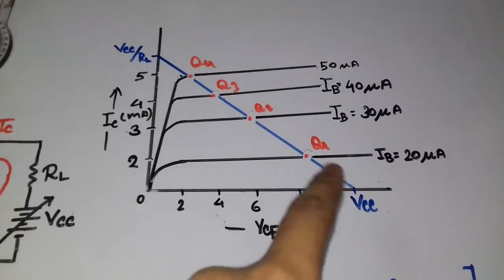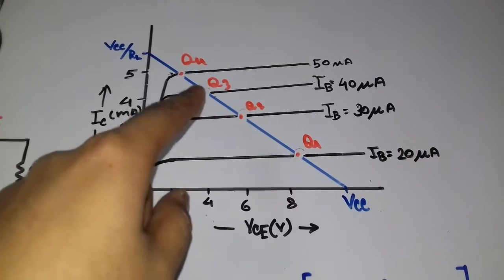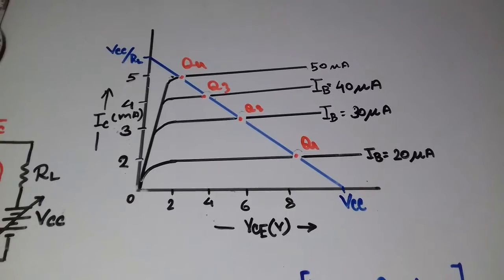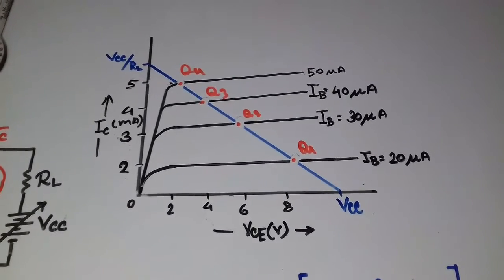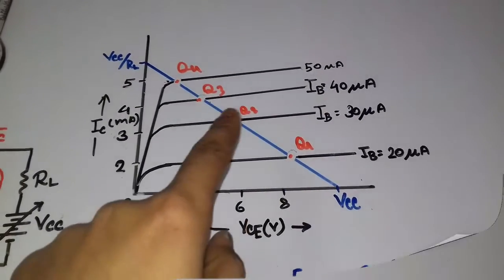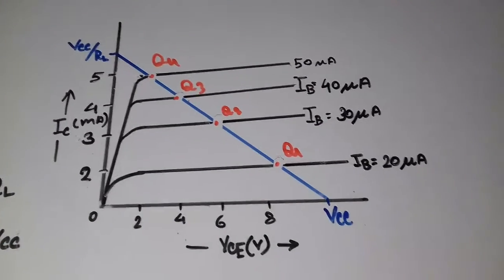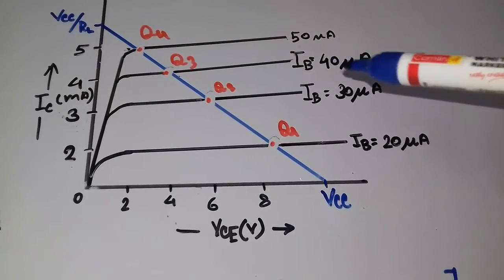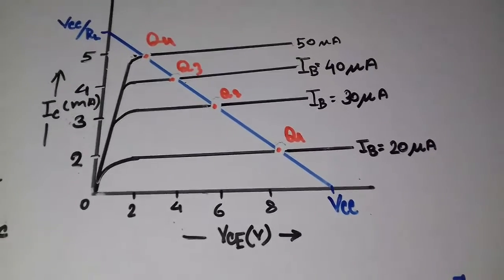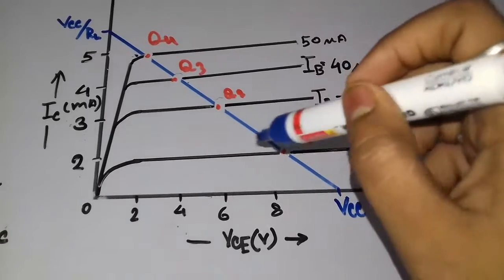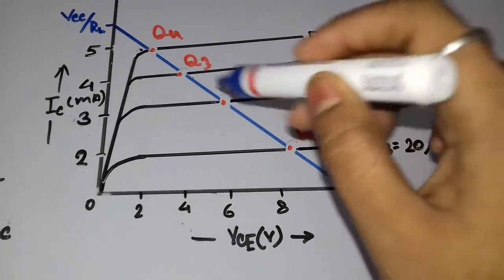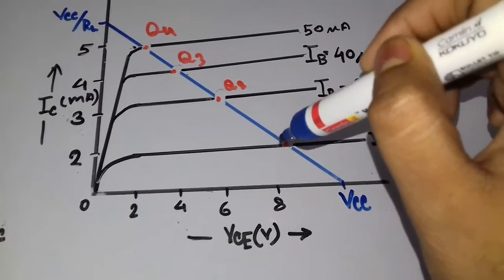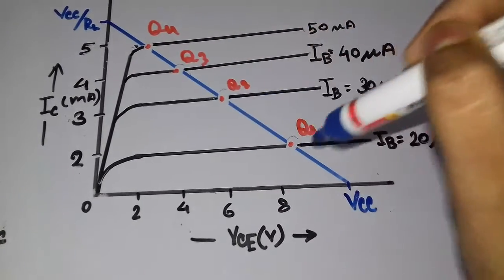If we can fix the operating point of the transistor to be stable at one point, then we can say that the transistor is stable. So we have to keep these Q points stable. Now if we change this IB from 20 to 30 to 40 and again from 40 to 30 to 20, then with respect to time it will give a sine curve like this one, since it will sweep across the points Q1, Q2 to Q3.